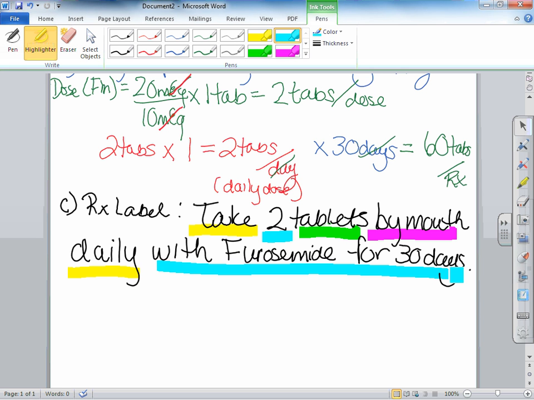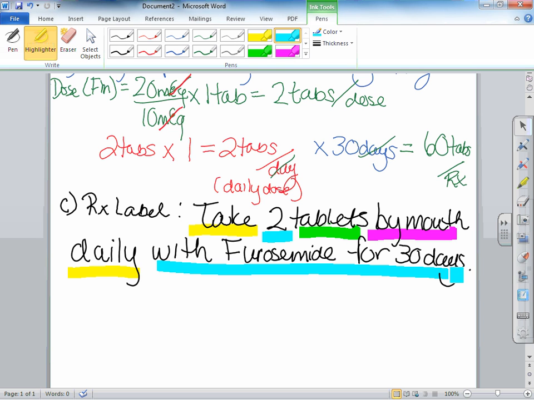When you calculate the dose, you can calculate the dose using 2 methods, either a formula method where you take dose order over dose available times the quantity, or you use the ratio proportion method where you take what you have in stock equal to what the prescription is asking, and you calculate your dose that way. And then your prescription label will not read the same as interpret the order, because the prescription label are the instructions